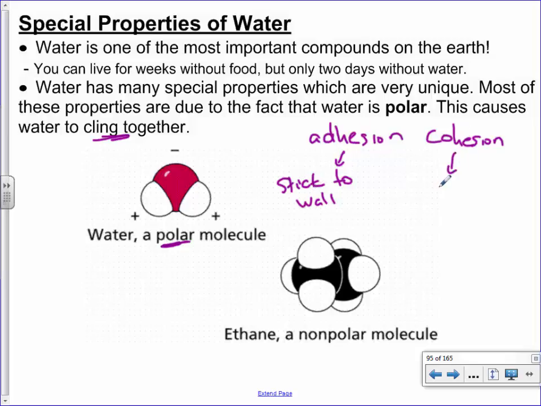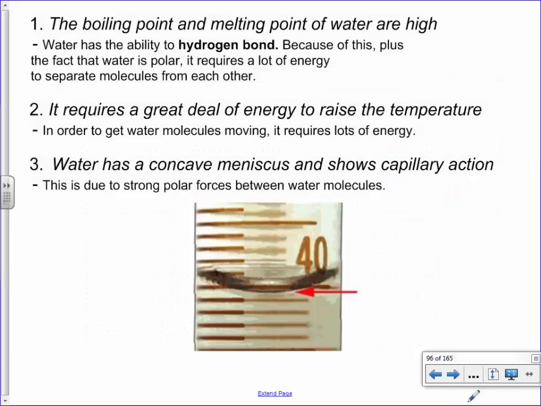Water also has the ability of cohesion, which means that it can stick to itself. That's why water actually forms in droplets. Because when you get a drop of water, like if I were to have a water drop clinging off the edge right here, what's really happening is all of those water particles inside that drop are sticking together. That's known as cohesion. Does that make sense? Because of that ability, here are 5 properties that water has that are very, very important,